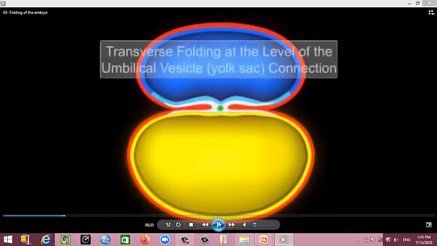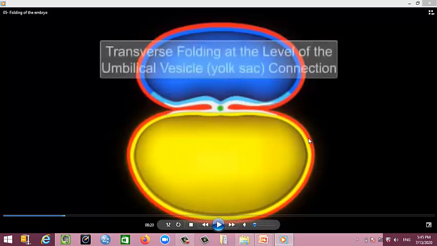Now this is a cross section, and again, let's just identify some things. Again, this is the ectoderm. The red part is the mesoderm, and you can't see the divisions here, but you've got the notochord, which is the green circle here. You've got paraxial mesoderm, intermediate mesoderm, and lateral plate mesoderm here. And this is the endoderm. Now remember, this is the amnion, this is the yolk sac.